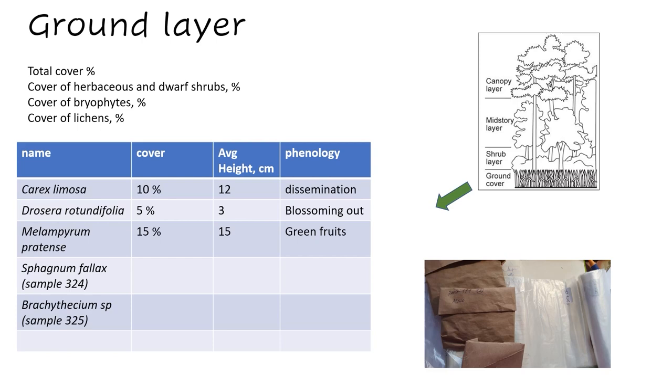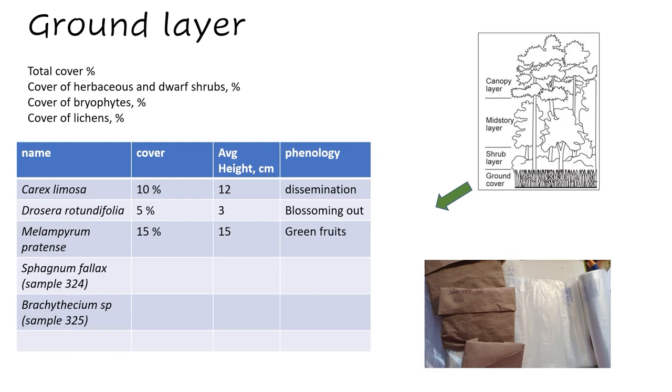Sometimes you can give them separate cover, and separately we give lichens. So for every group you give separate cover. So total cover, then cover within the groups, vascular plants, bryophytes, lichens, and then to every species cover, again height,